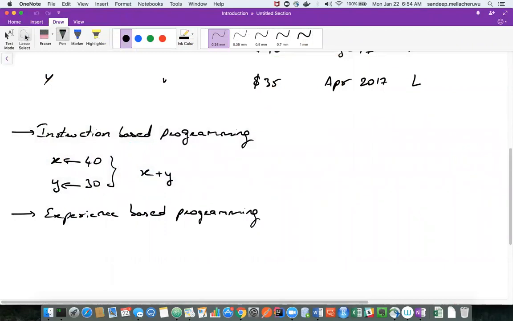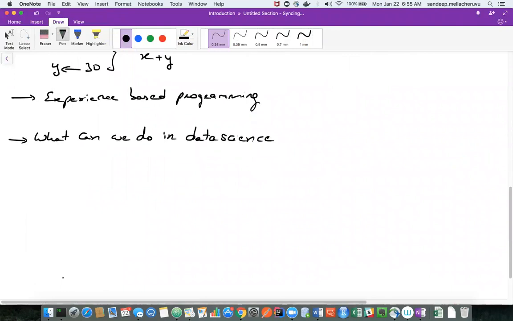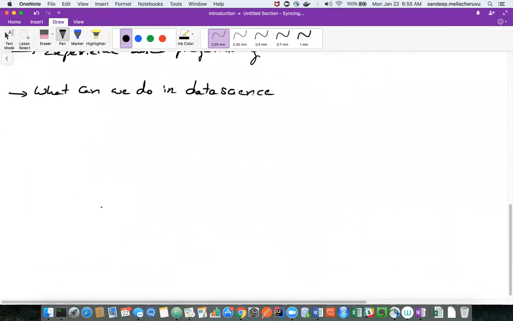So now, what are we going to achieve in data science? What are the kinds of things that we're going to do or deliver in data science?